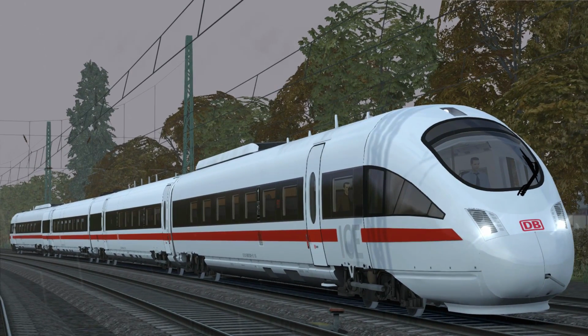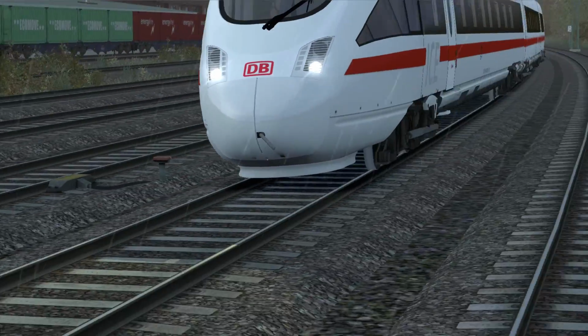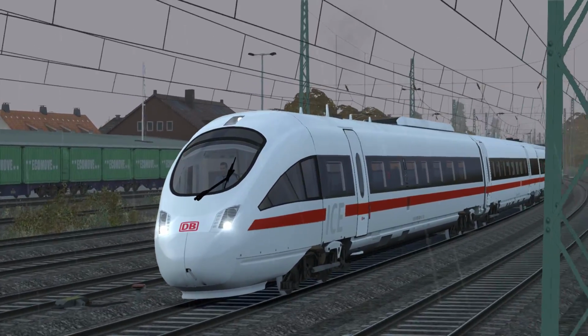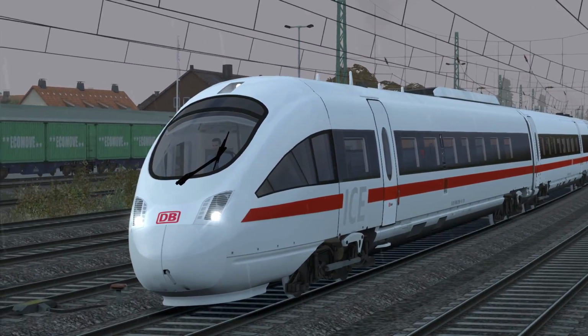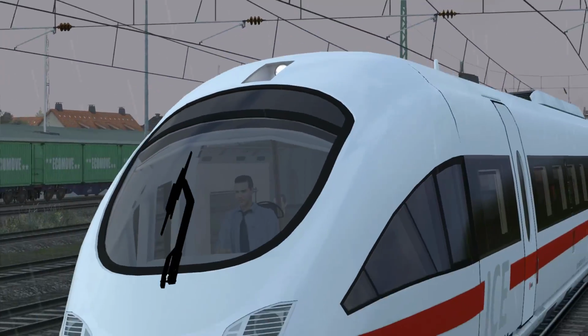Such is life, I suppose. Look at that. There we go. Let's take some screenshots. Yeah, you can't use Control and S for some strange reason. There you go. There's catenary in the way. I don't like it. I like taking screenshots, but...